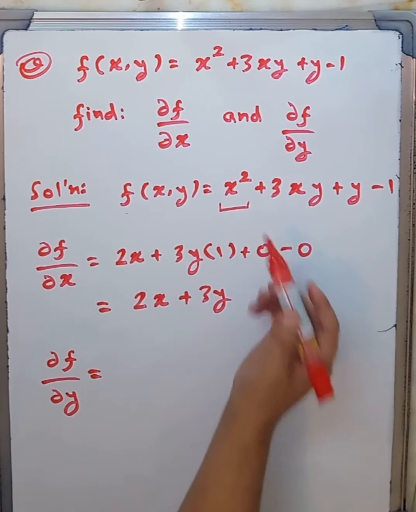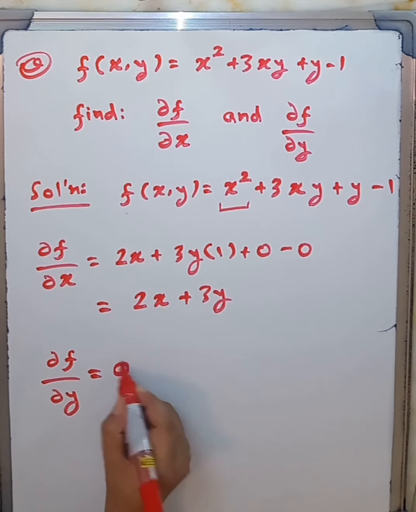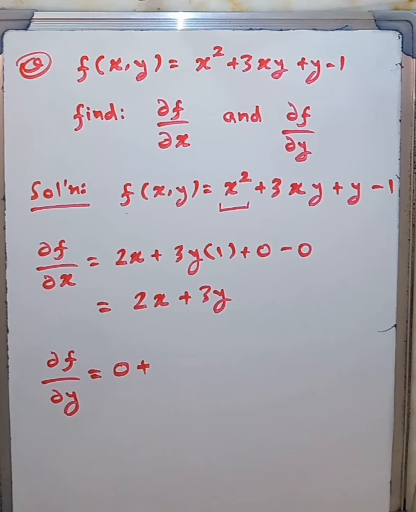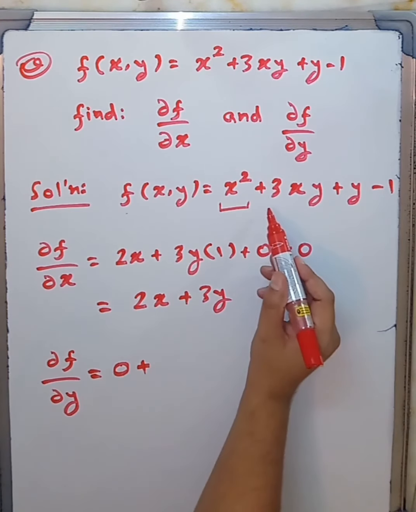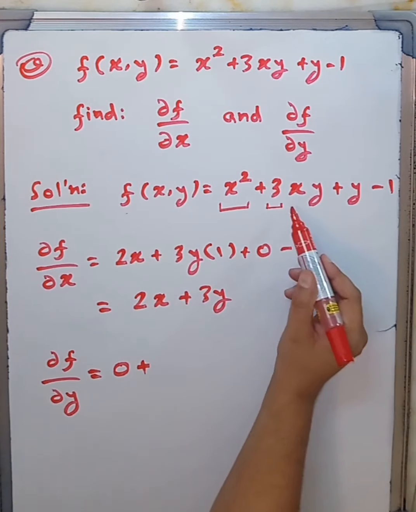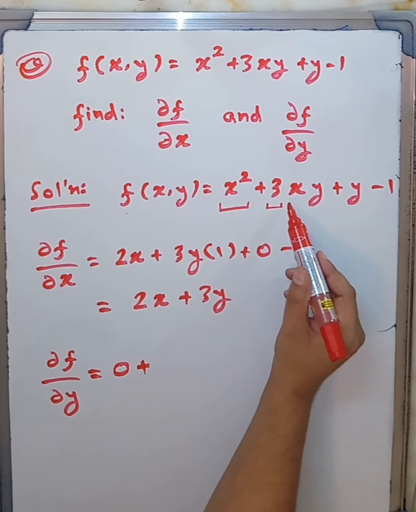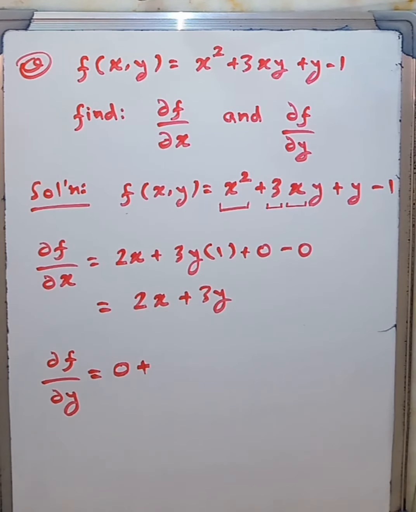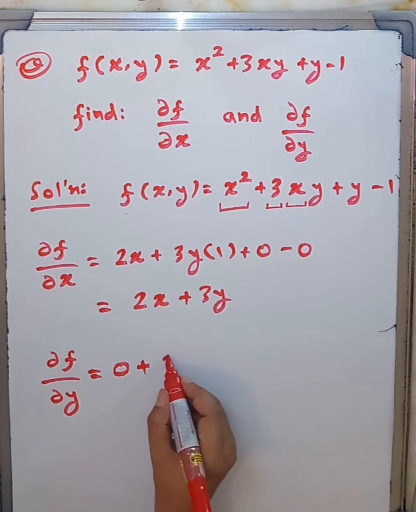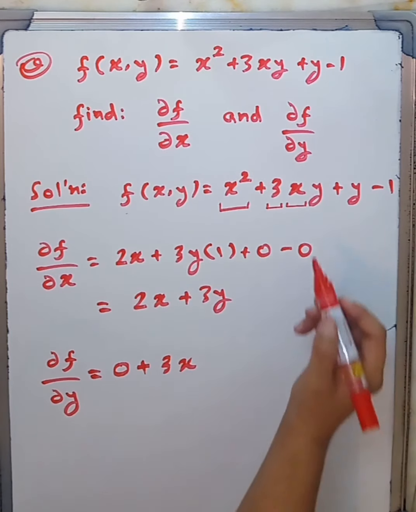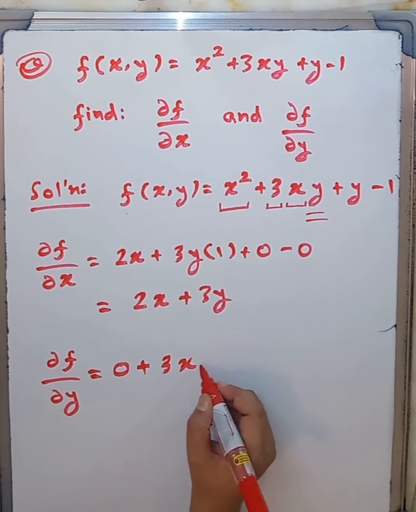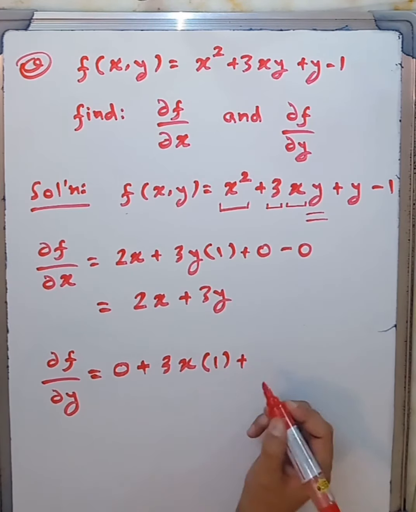Therefore, the derivative of a constant with respect to y will give us 0, plus, again in the second term, 3 is a constant, and because we are differentiating partially with respect to y, therefore x will also be treated as a constant. So constant outside, that will be 3x, and we will differentiate y with respect to y, and that will give us 1, plus